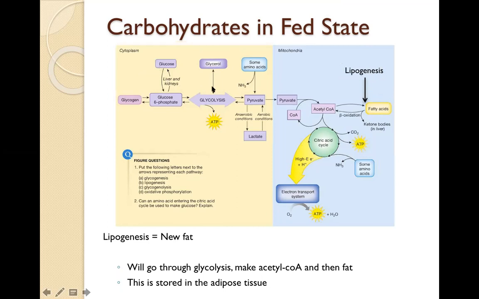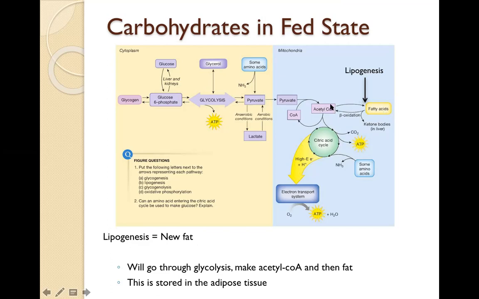So any extra glucose will go through this process. You'll end up going through the beginning of the citric acid cycle. And then if there's way too much going through the citric acid cycle, the rest is stored as fat. And again, there's no way of going backwards from fat into carbohydrate. So notice the reversal arrows. You can go from fat into acetyl-CoA, but you actually can't go back to pyruvate. You can't go backward to pyruvate and glucose. There's no enzyme that allows for the full conversion of fatty acids,